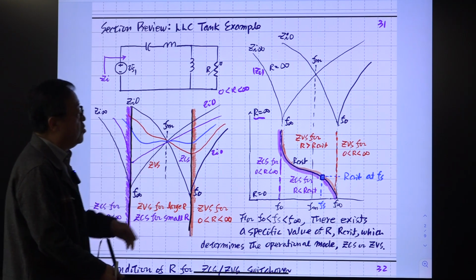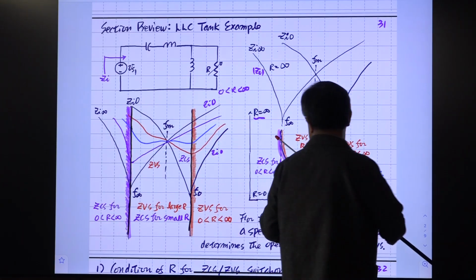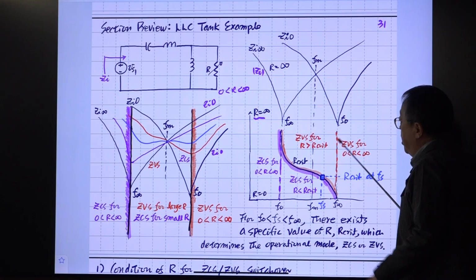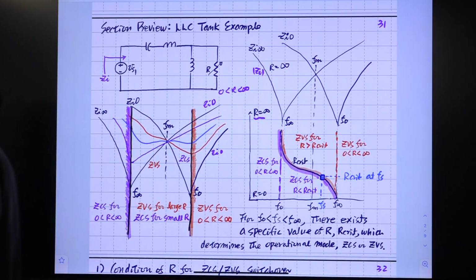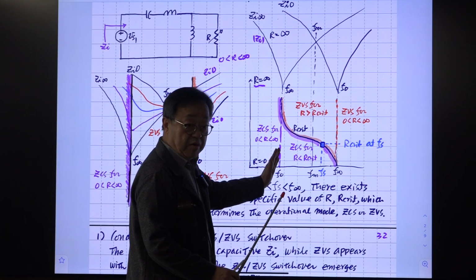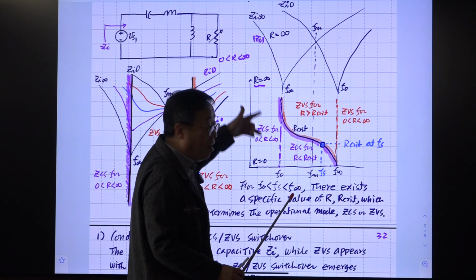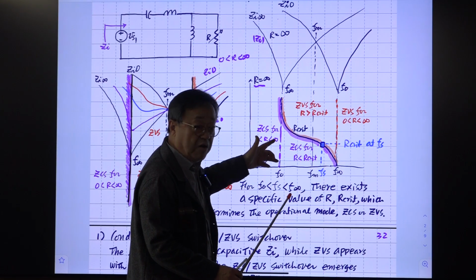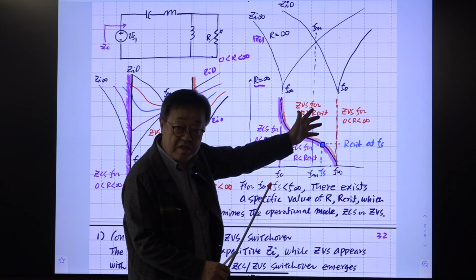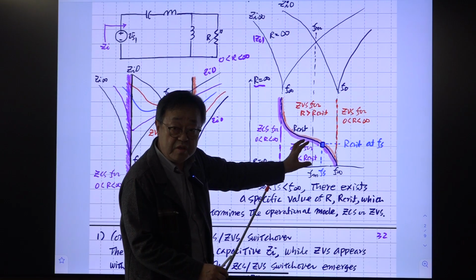So later on, we'll derive the equation for this curve. Okay? So if we know the equation of this, then we will have better insight about the operation of this resonant converter. So I note down here the frequency range. Below this is okay. Okay? You don't care about the value of the R. Always GCS is guaranteed. You don't care about the frequency range above this because GBS is guaranteed. You don't have to worry about this, right?